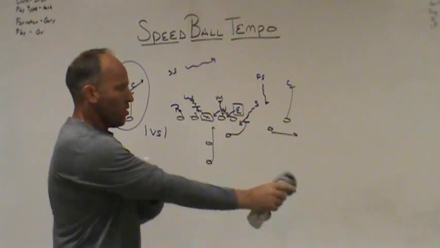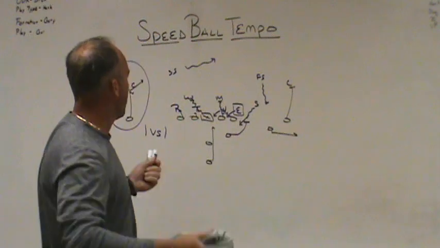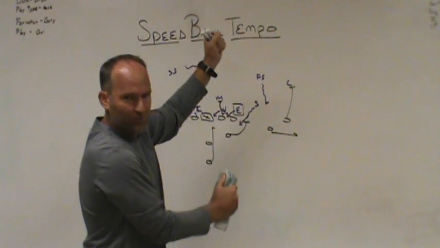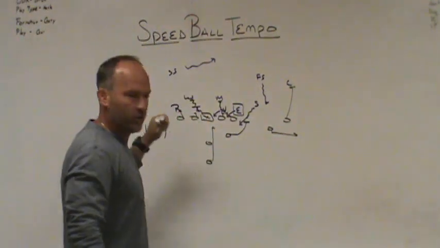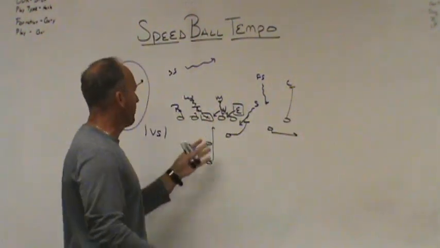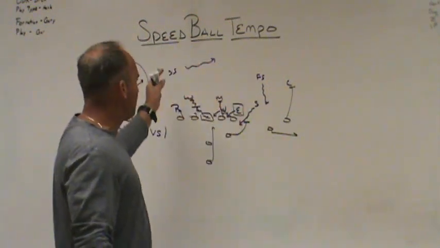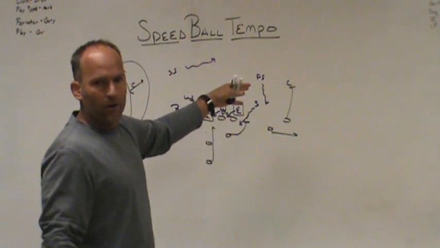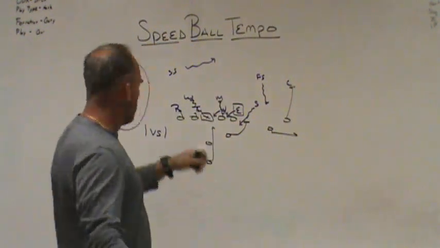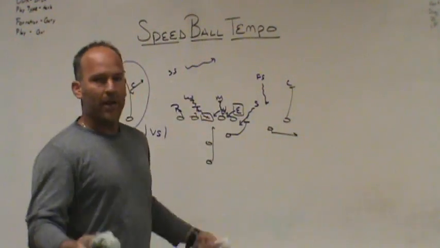So now, without calling a different play, without audibling or checking your play at the line of scrimmage, you get up on the ball to rip your tempo, your speedball play, and they spin those safeties hard. Now your quarterback has a chance to possibly go back to his one-on-one. Within that play, we feel like we've given the quarterback a bunch of different options: if that's not there, or if their answer is zone blitz or man blitz or zero pressure, go back to your one-on-one matchups and try to win one-on-one. Now, does that mean it's automatically a good play? No.